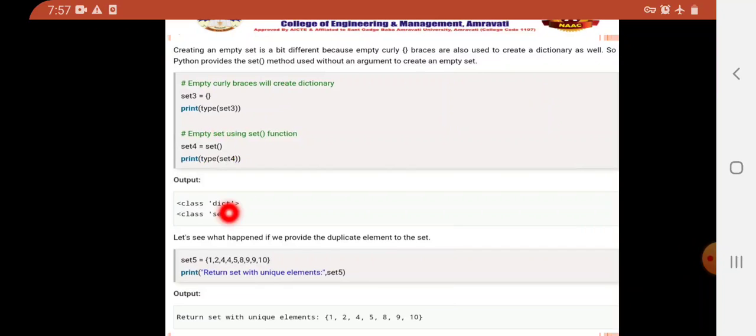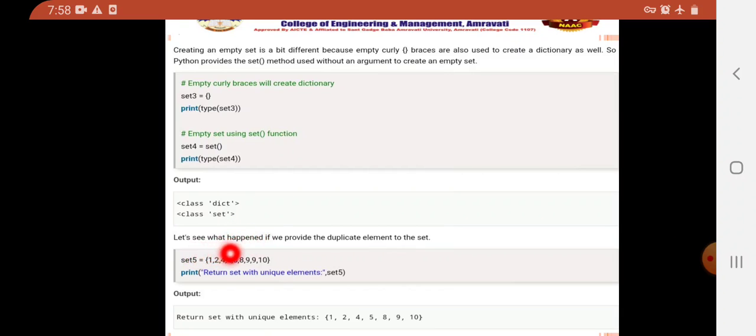Then let's see what happens if we provide duplicate elements to the set. Duplication is not possible here, so it will be removed. So set5 equal to 1, 2, 4, 4, 5, 8, 9, 9, 10. Here the 4 is repeated and 9, 9 is also repeated.